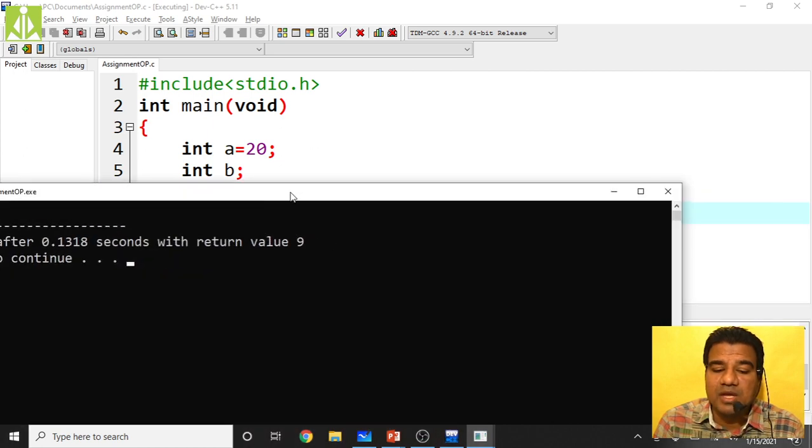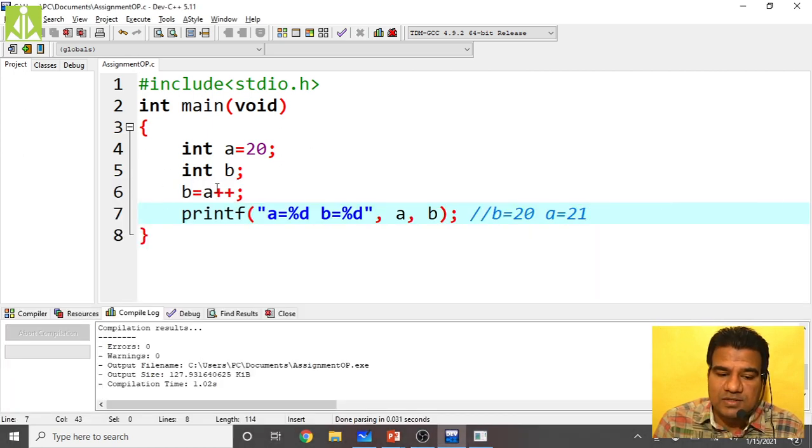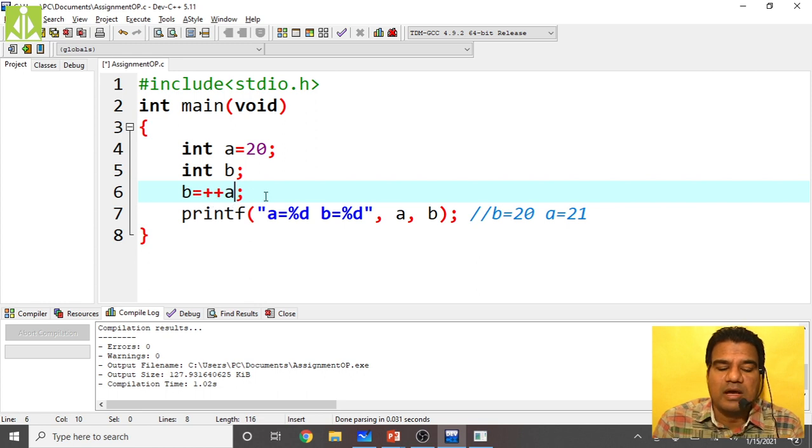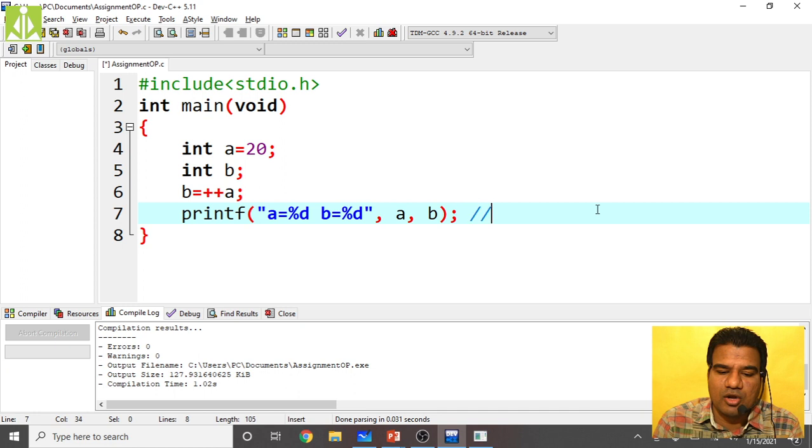So then we see prefix increment, that is before the operand, put plus plus. Before the operand use the increment operator. So now first the value will be incremented. So a value will become 21. Then the value will be assigned.